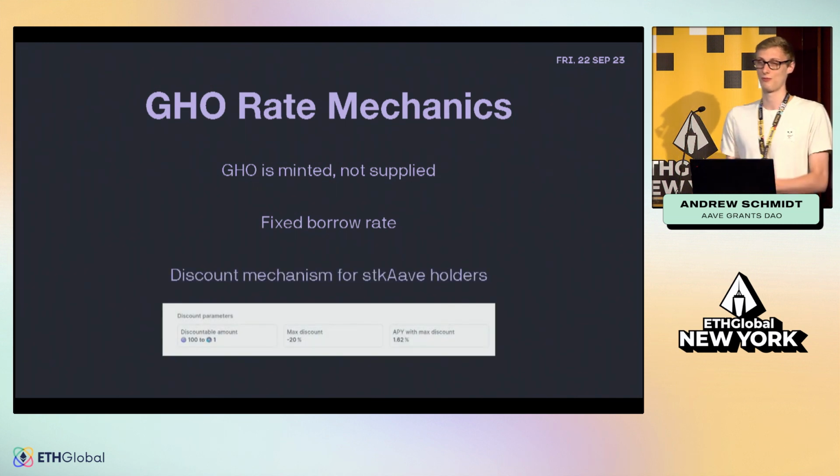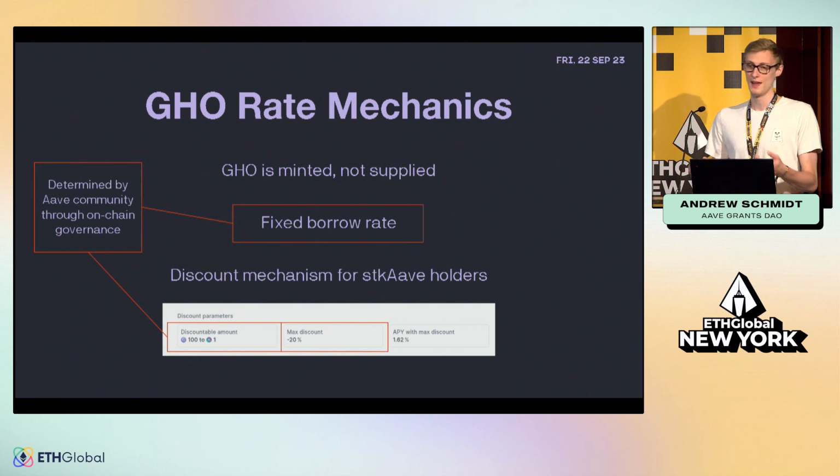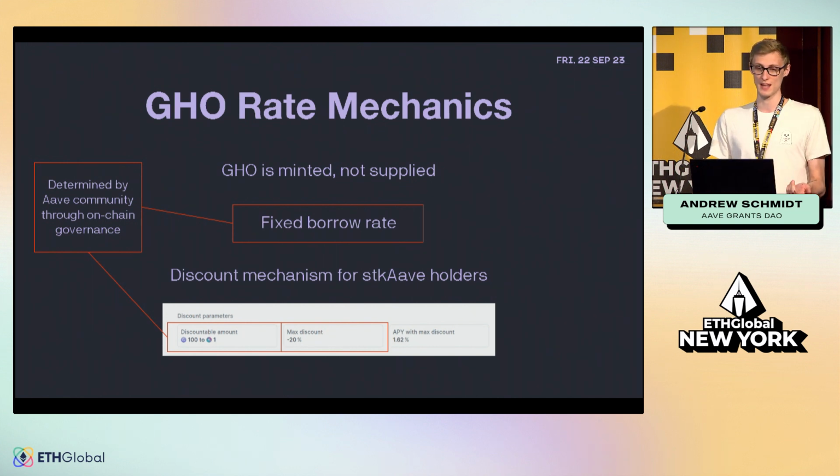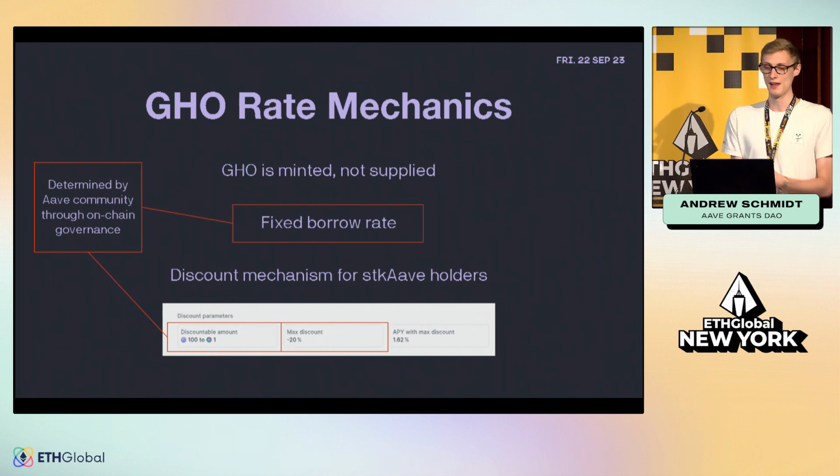And specifically, the way that it works within Aave is that Go has a fixed borrow rate, and then there's a separate mechanism for a discount, essentially the regular borrow rate, and then you have a different borrow rate, which is accessible based on the amount of staked Aave tokens which a wallet holds. And then specifically the way that this is actually implemented is that Aave governance has control over these three specific parameters. So through the on-chain Aave governance, which is used to govern the exact same governance process which is used for the Aave protocol, they have the ability to establish the fixed borrow rate for Go, the amount of Go that is able to be borrowed at a discount based on the amount of staked Aave, and then also the actual discount that is being given.